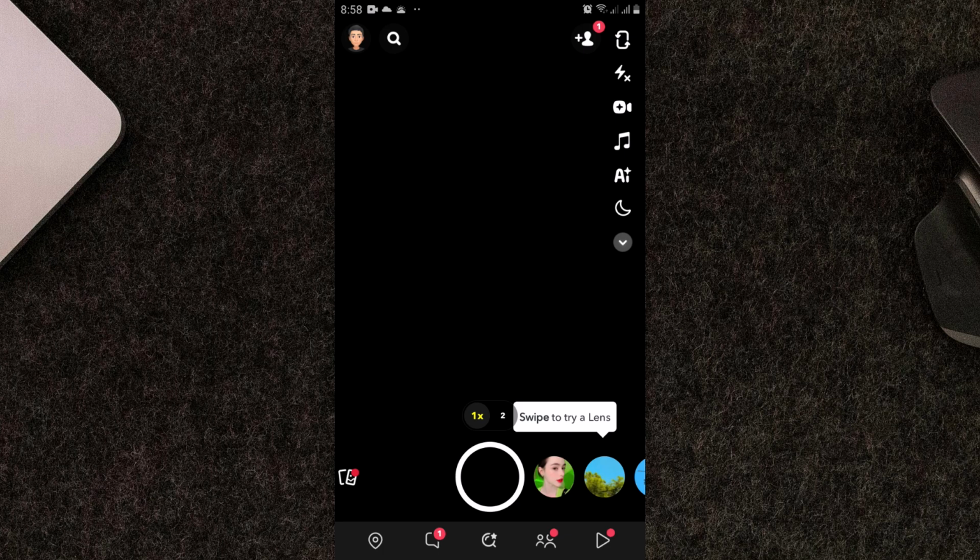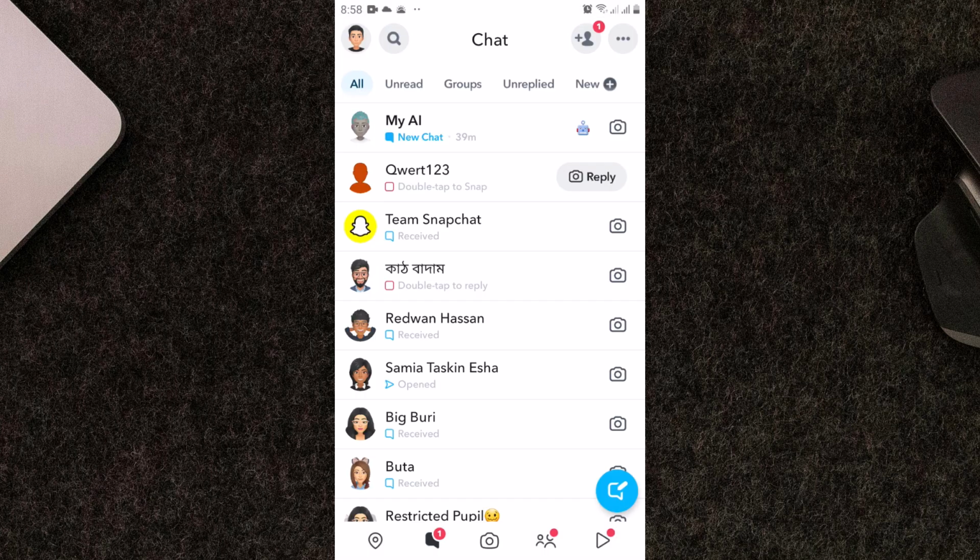Once you're in your Snapchat account, head over to your inbox. And once you are there, if you have got a new chat, you will get a notification of it, like this blue notifying thing. And as some of us don't want to open the chat but read the messages,